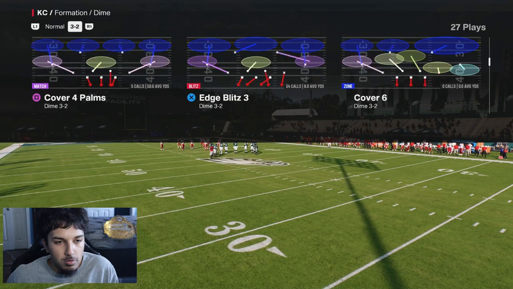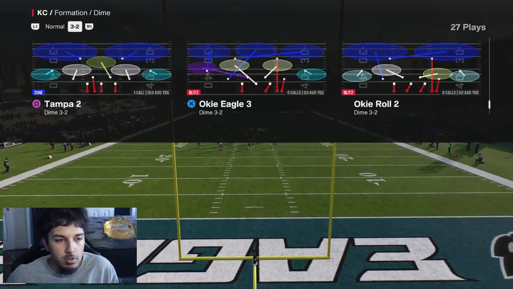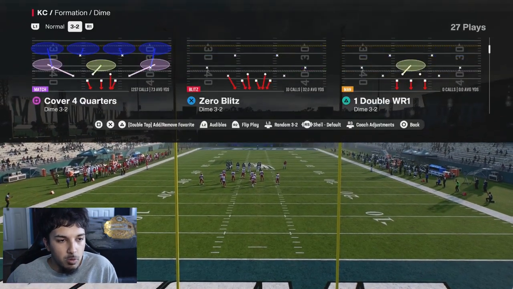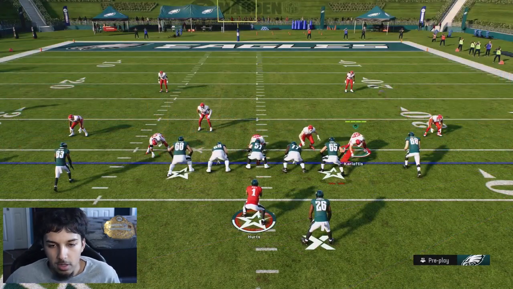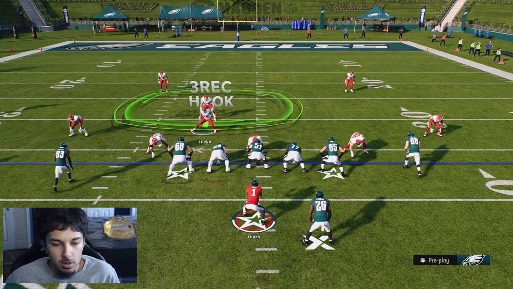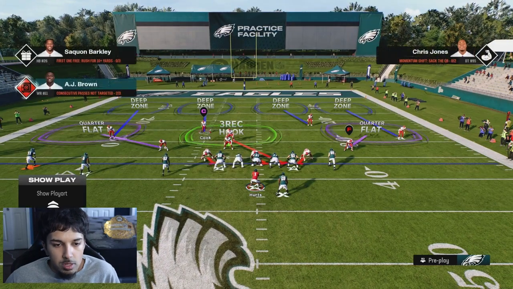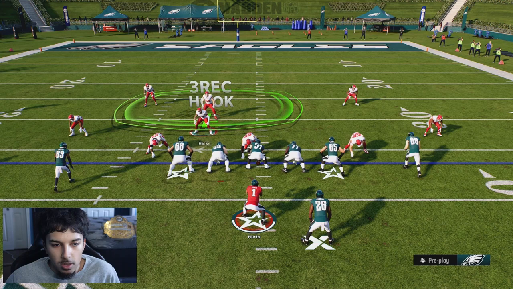But if you're not comfortable doing that, you could just come out in the cover 4 quarters or the cover 2 Tampa 2 defense. For this video, I'm just going to be coming out in cover 4 quarters, but like I said, you could do this out of any of those 2 plays, really. So all we're going to do is simply move this linebacker over, get that loop pressure that we've been talking about for a while now, and then we're really relying on the switch stick, right? We're relying on the switch stick, and we're relying on this